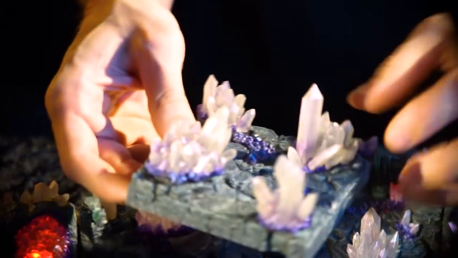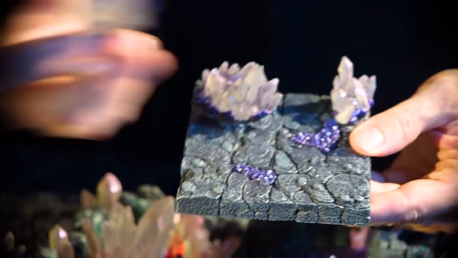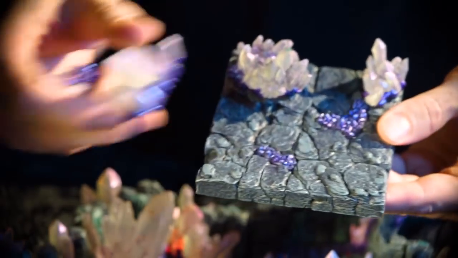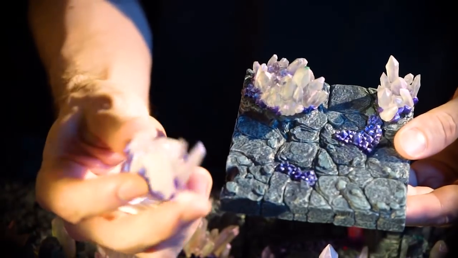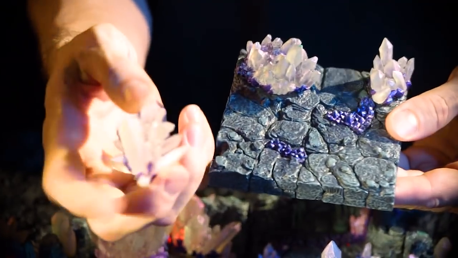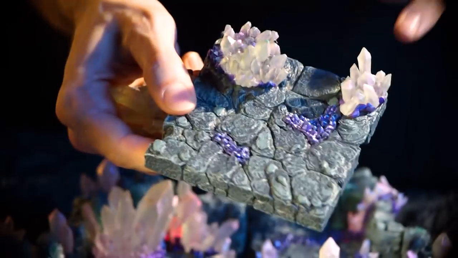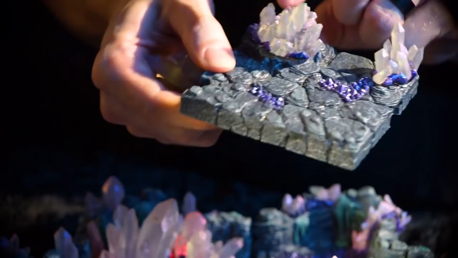So let's start with this cool 4x4 crystal floor. These two crystals will be freestanding. They have little tiny nubs that help hold them in from rattling around, but you can freestand them so you can put them anywhere you want in your dungeon. And everything's painstakingly sculpted to look like real crystals, not some sort of weird alien geometry. And then these two crystals will be baked into the floor,